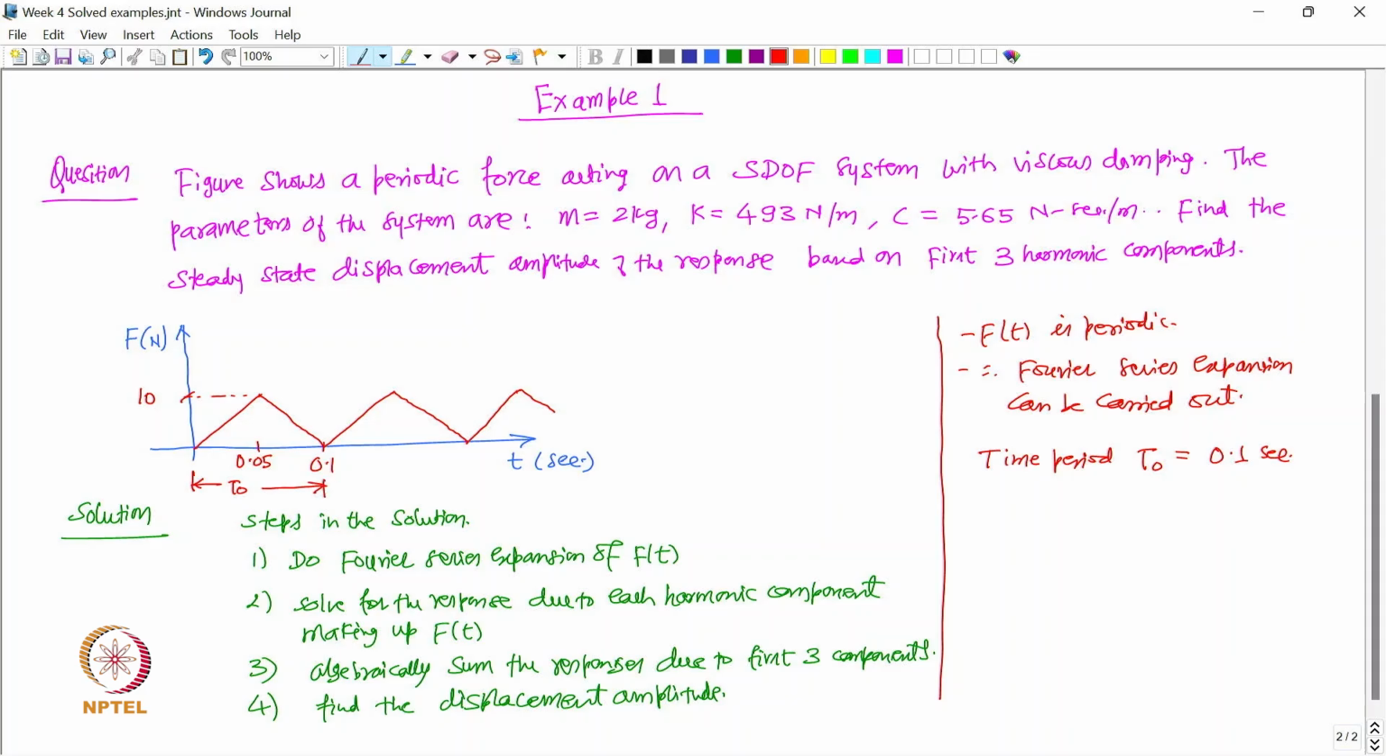right. And now what is the fundamental frequency? Fundamental frequency we represent by omega naught, and that will be equal to 2 pi upon T naught. Of course, in hertz, if you want to find out, then this will be omega naught upon 2 pi, and this is in radians per second. So, now we do the Fourier series expansion. Let us go to next page,